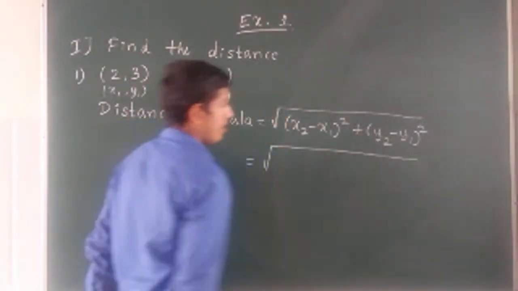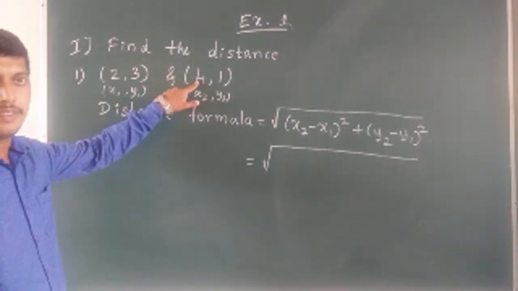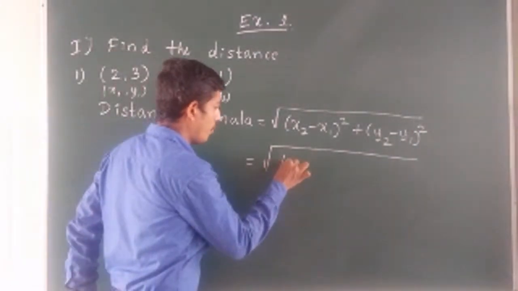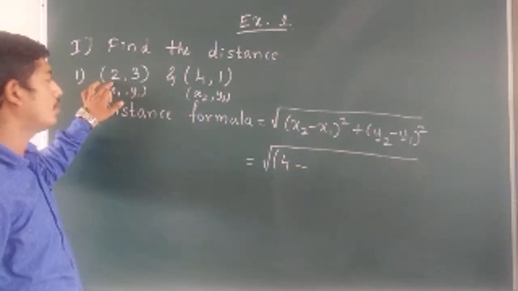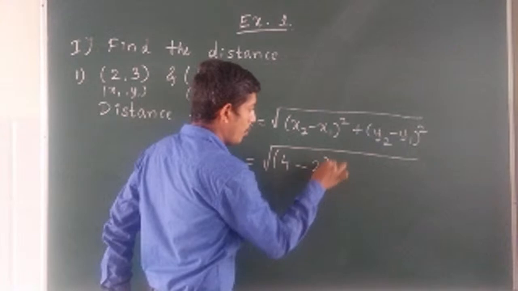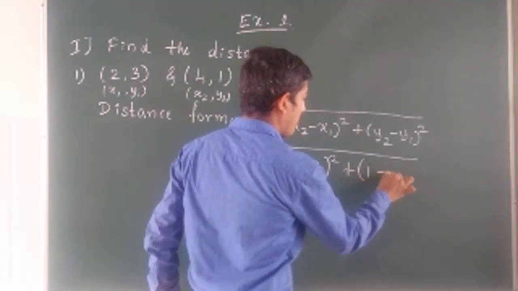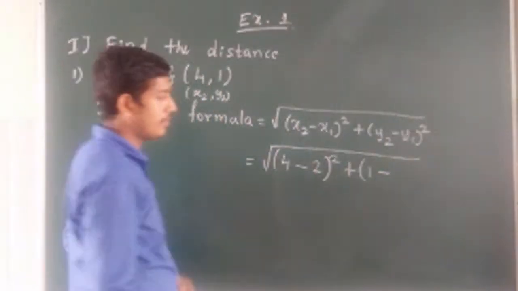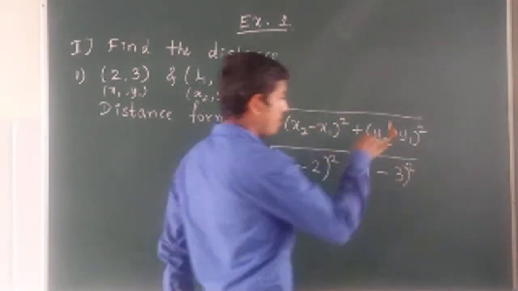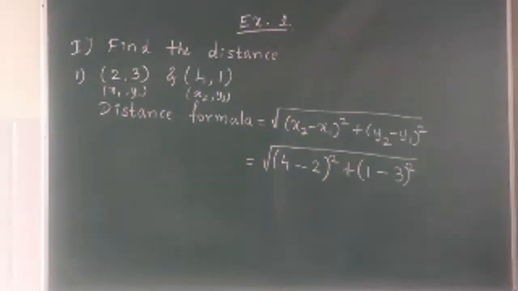Square root of x2 means second x value 4 minus x1 value is 2 here whole square plus y2 value is 1 minus y1 value is 3 whole square. Just look at the substitution. How to consider the coordinate points? For the first one you have to give the name x1 comma y1, and for the second point you have to give the name x2 comma y2,